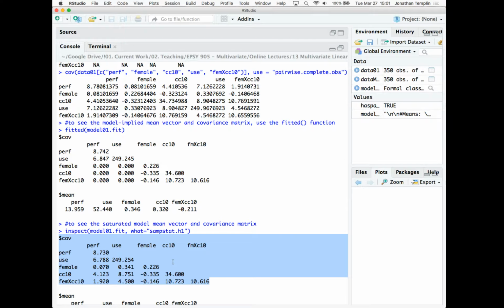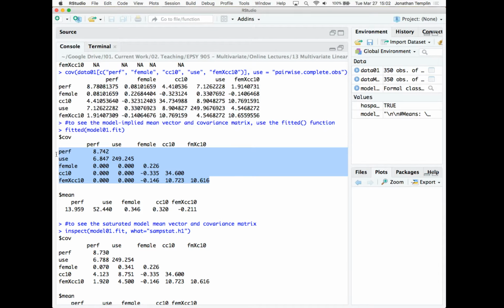This is the kind of weird thing about multivariate models, is we need our covariance matrix to look like that. That is the saturated covariance matrix. That's what the data covariances are. Does that help a little bit? Now our model somewhat looks like that. I mean, take a look at the diagonal, right? You have a 34.6 here, a 34.6 here. Right? Some parts of it look very similar,